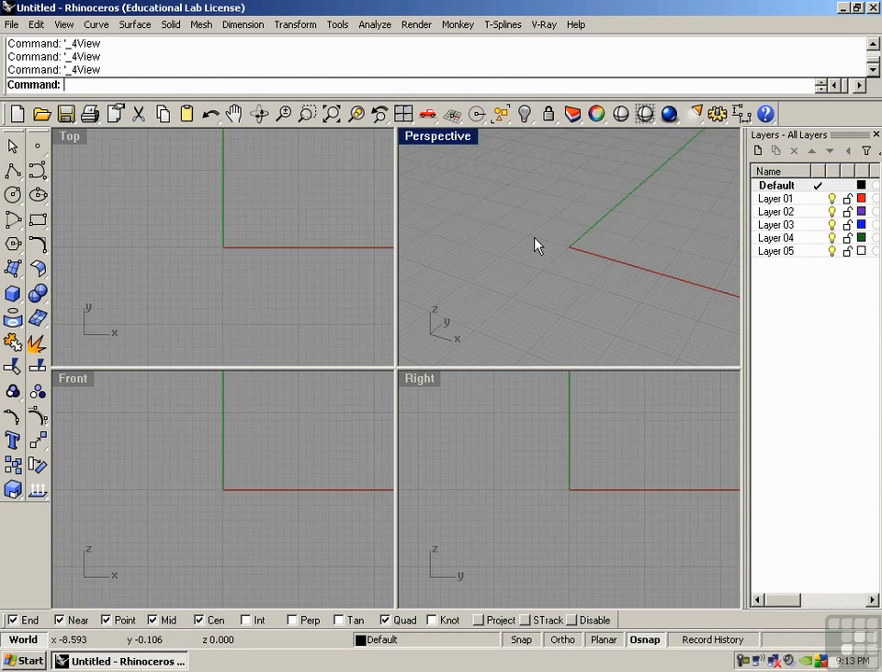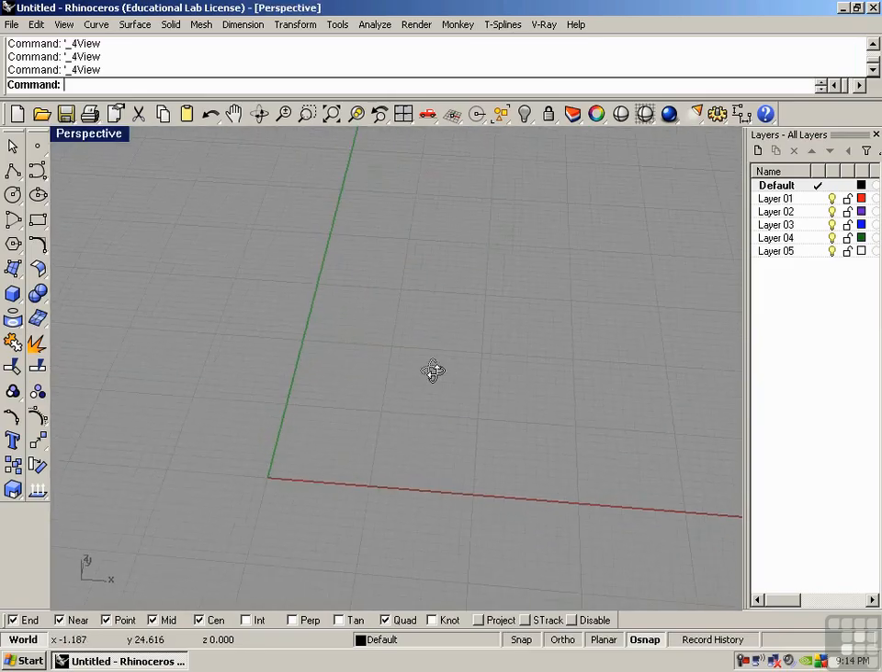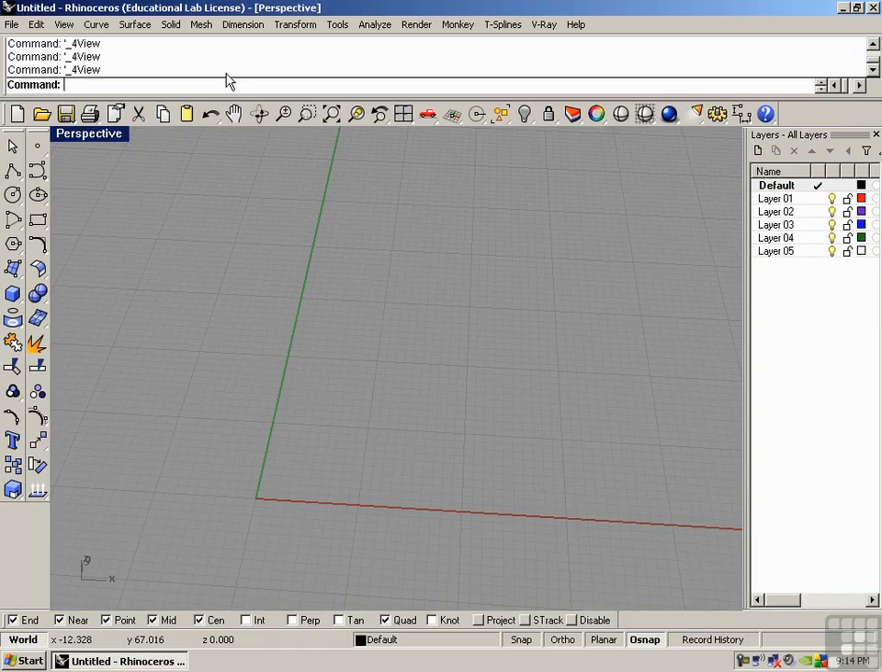In this lesson, I'll be showing you a couple of the array commands. An array is a collection of objects. So here what we're referring to is a collection of copies of an object. So to show you this, I'm going to start off in the perspective view, and I'm just going to draw